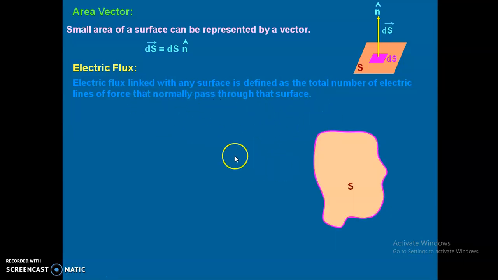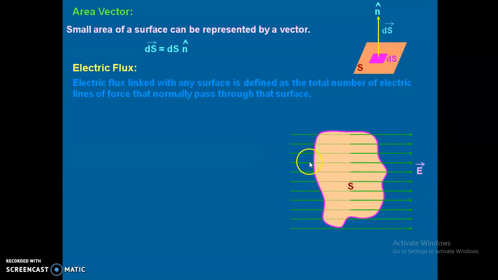Okay, and to understand it, let us have the diagram. Let us have this surface of any shape like this, whose area is S. And now these are the electric field lines passing through this surface. This is the electric field E direction, from left to right. We choose a very small area over here. Its vector representation will be dS in this direction. Suppose we choose a very small area over here. dS is acting in this direction at an angle theta with the electric field.